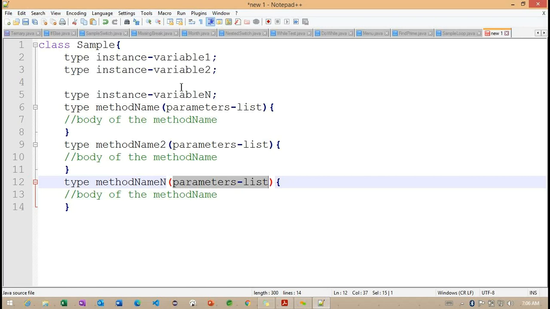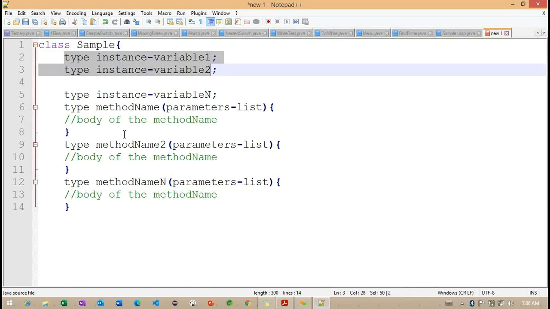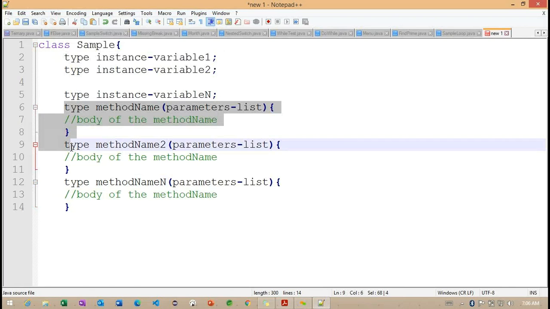But now what we need to understand is, whenever we are creating this class, how we create the variables and how we can create the methods. When we create this variable and method, we call them instance variables and instance methods.